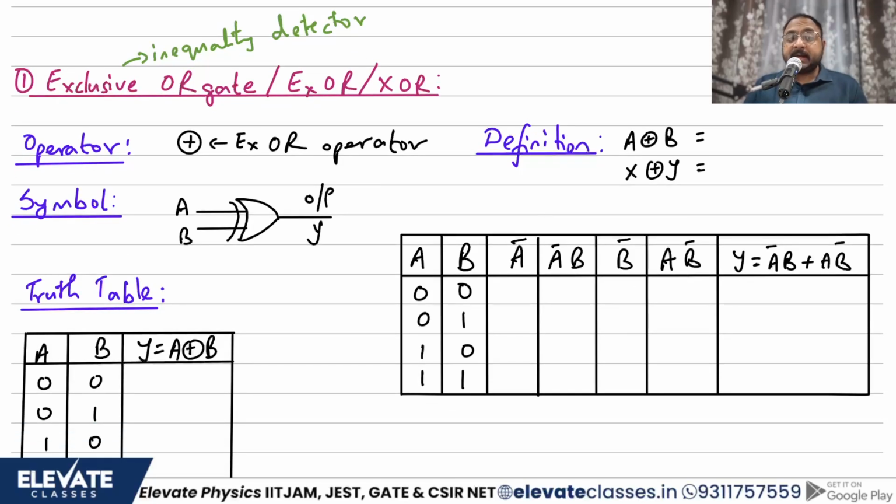Now let's start with the operator first. See, in the previous gates we always started with the symbol. Here we are not starting with the symbol because what is exclusive OR? यही तो हमें नहीं पता. We knew what is AND, we knew what is OR operation, we knew what is NOT operation, and of course we can always go to NAND and NOR. We knew AND, OR and NOT, and we can always combine them to make NAND and NOR. What on earth is this exclusive OR? There should be some operation that it corresponds to, right?